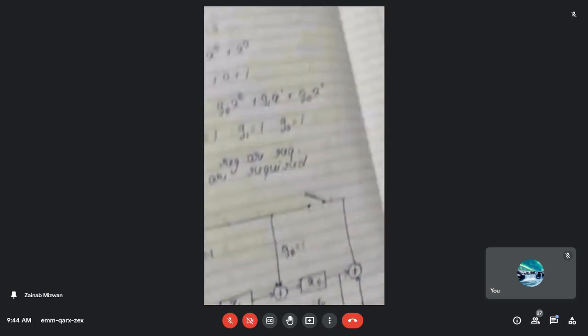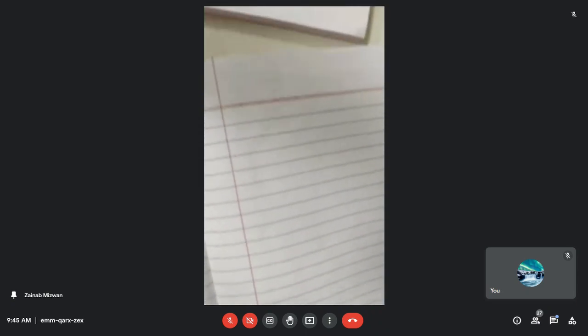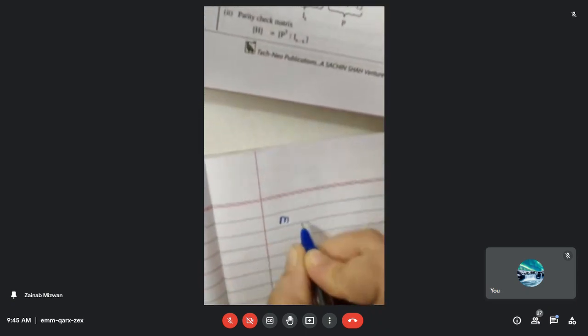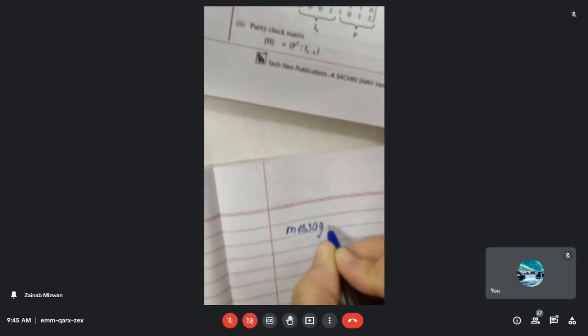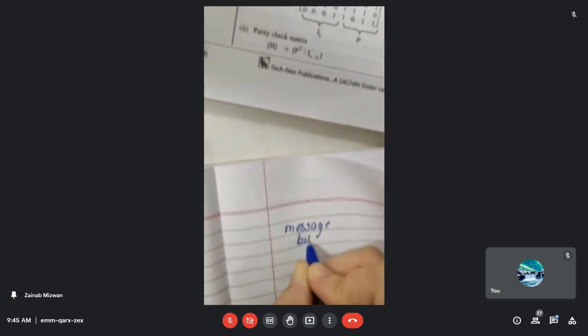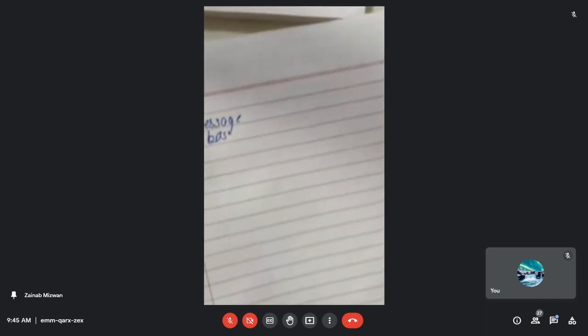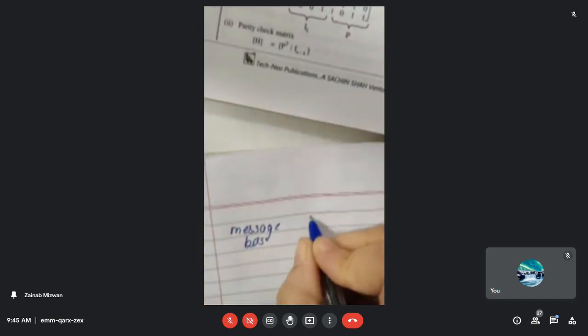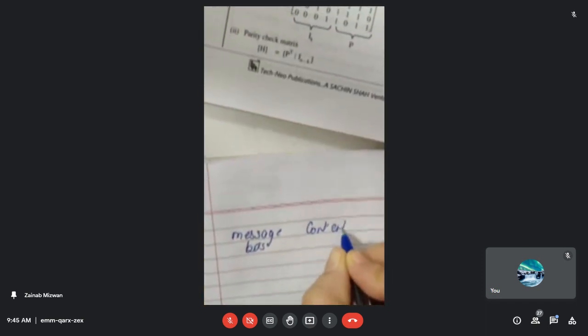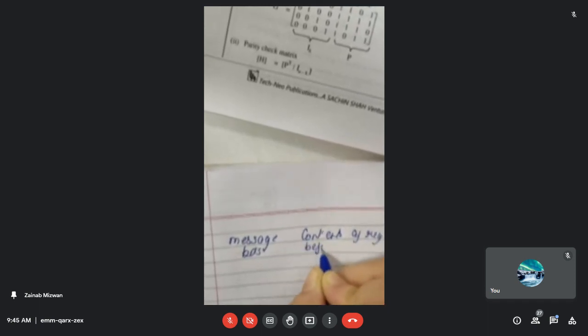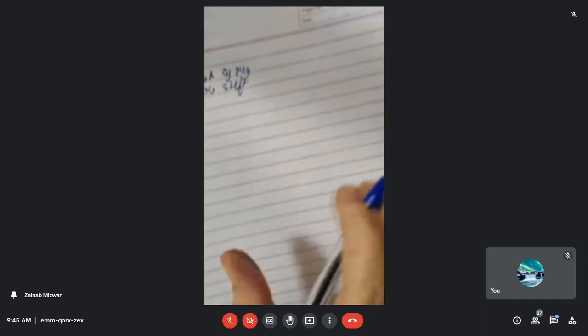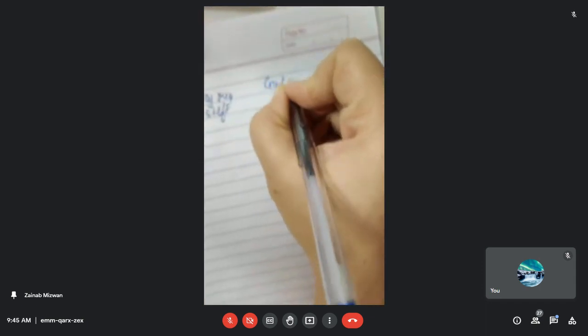Now we have to draw the table. I hope everybody remembers the table. What was the first column in your table? We have the message bits, whatever message bits have been given over here. Then we have the contents of the register before shift, and then the contents of the register